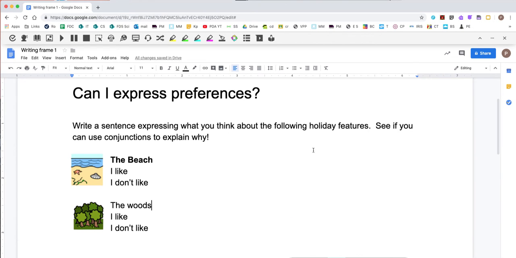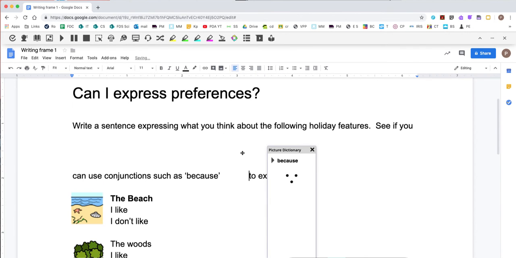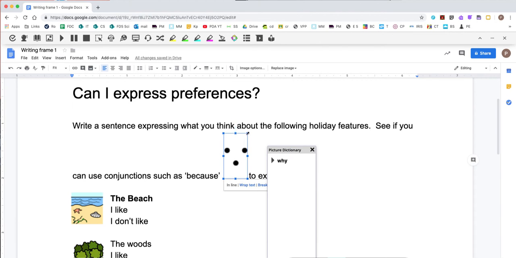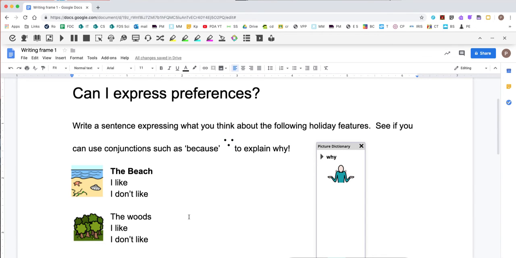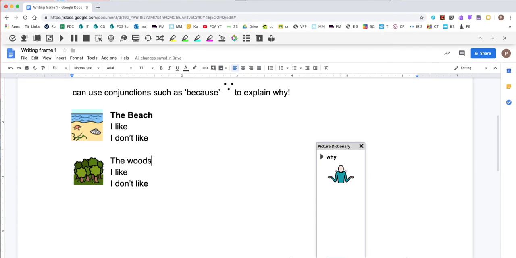And then what I'd really like to do actually, I'm going to see if you can use conjunctions such as because to explain why. If I just turn my picture indicator on here for because, it's got the 3 little dots. I'm not sure how meaningful that is, but I'm going to put it in just for demonstrating how we can drag these in where we want them to go. So here we go. So I've got the beach, I've got the woods,